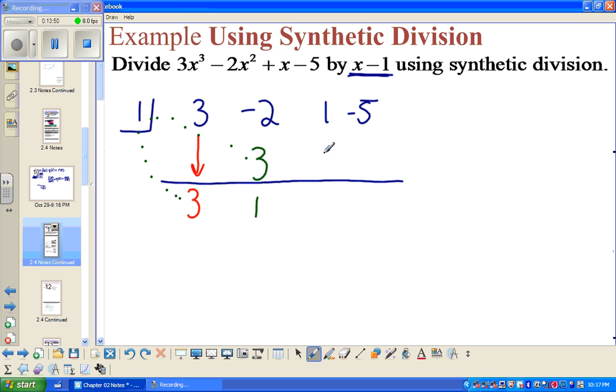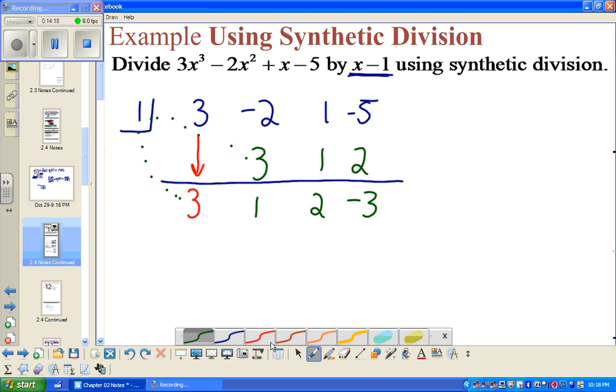1 times 1 is 1. 1 plus 1 is 2. 2 times 1 is 2. Negative 5 plus 2 is negative 3. Now what this means is, if you take 3x cubed minus 2x squared plus x minus 5 and divide it by x minus 1, you would get